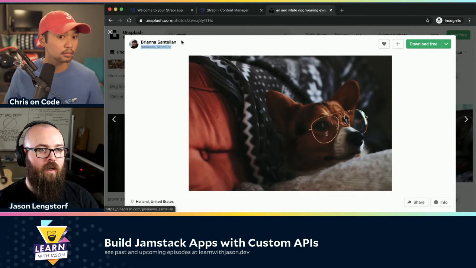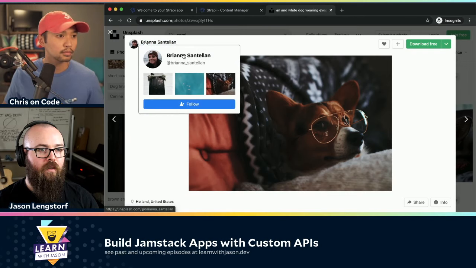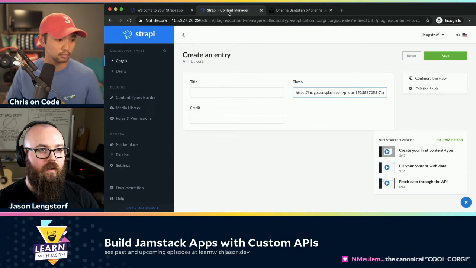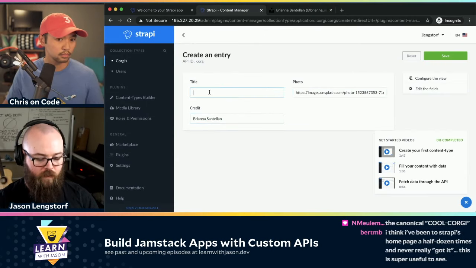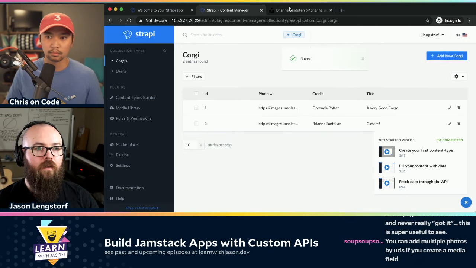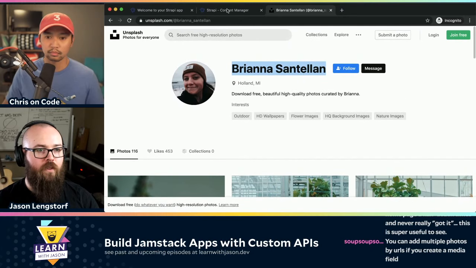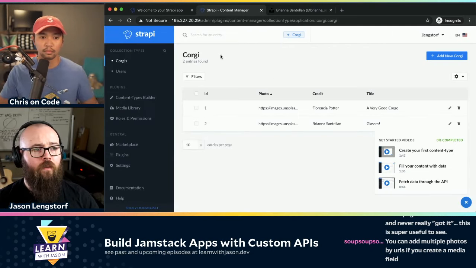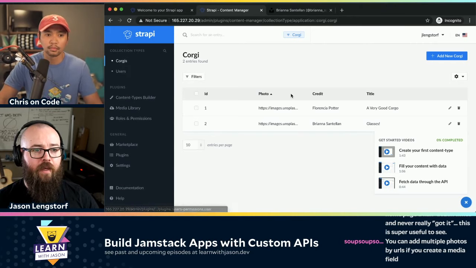That is so not helpful when it does that. Okay. Add in the credit, and we'll say glasses. All right. You know what? Maybe let's just do 2. That's plenty. So now we have corgis, and then the other thing that we're going to need to do is